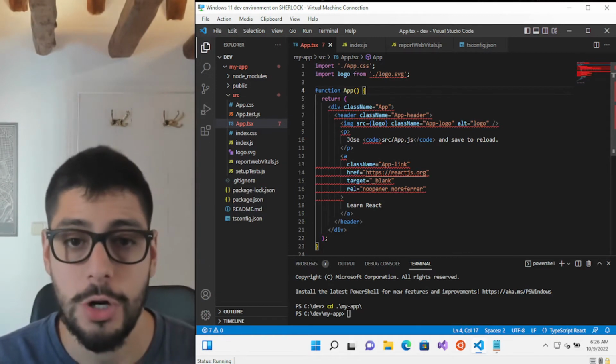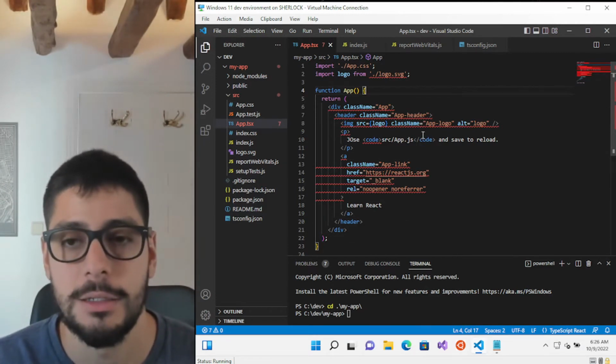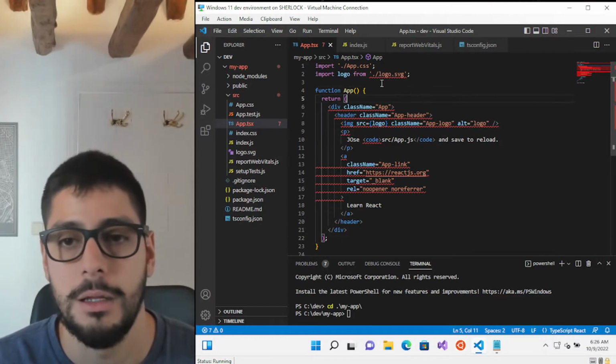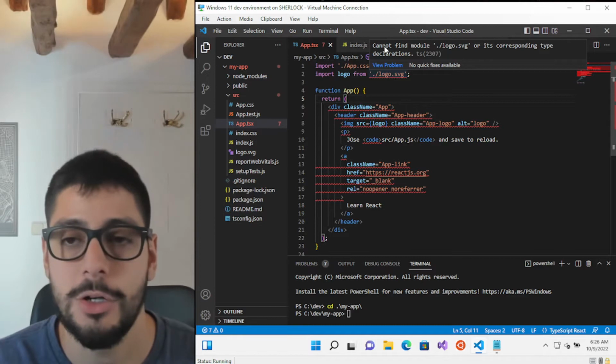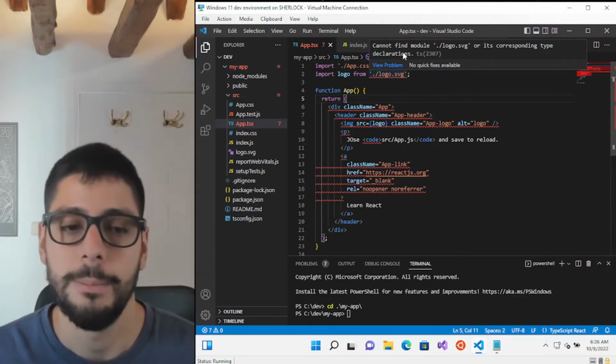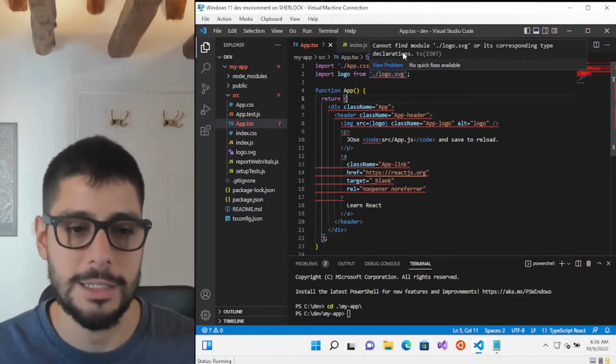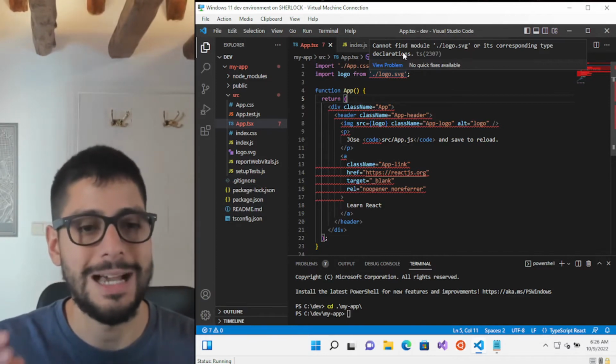So the first hurdle we're going to have is that this logo is not going to be loadable, because we are doing a lot of things by relying on